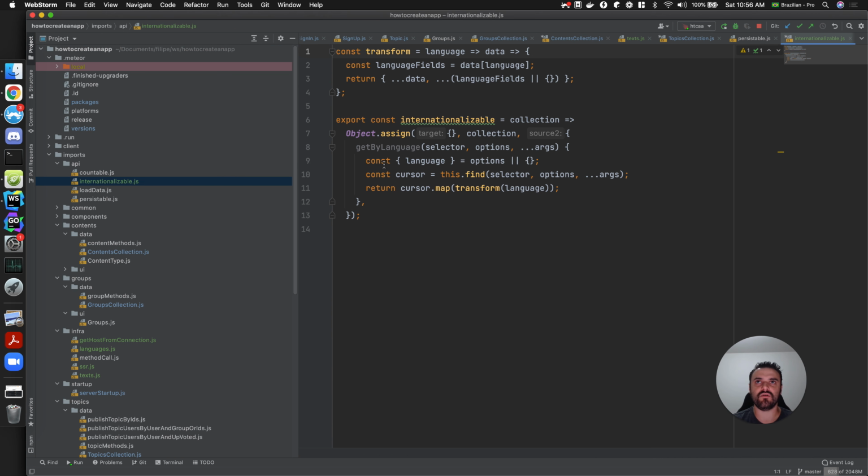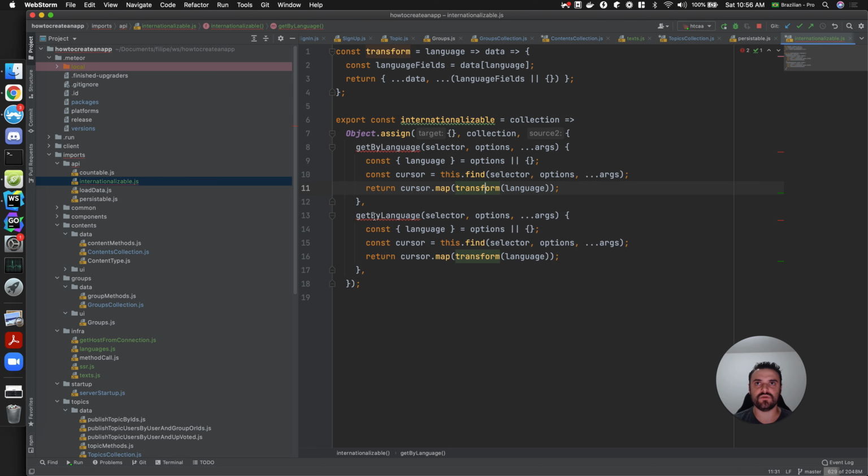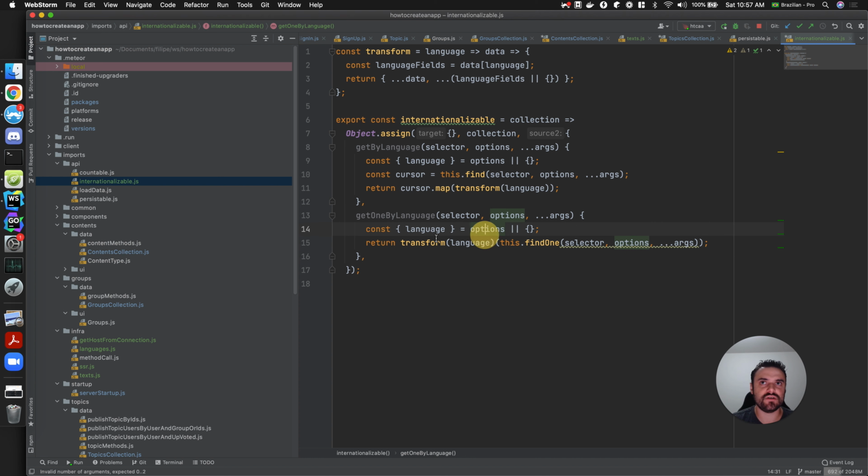I don't know how often we're going to use get by language and get one by language. Get one by language. It's basically the same, but this is going to be one. Then instead of applying the transform like this, you can apply the transform in the object. Okay. This should work. You have the find one here, you have the transform, and then you transform the only result